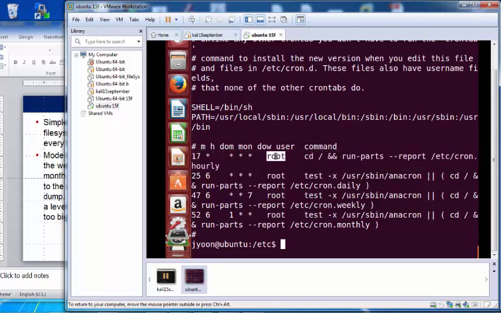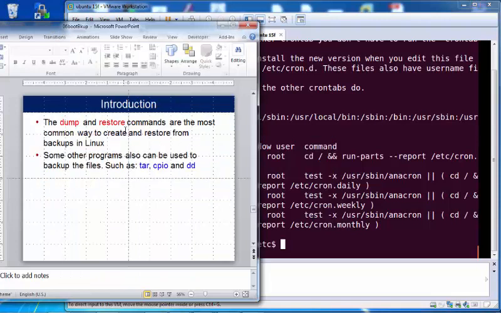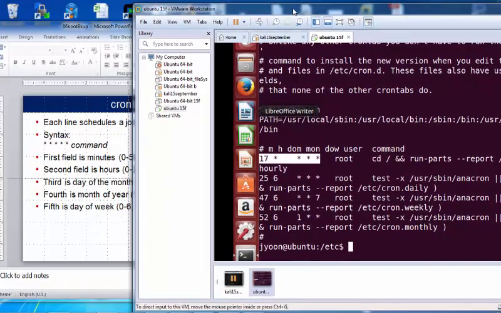It is okay. So root. Let's see here. There are five time points, right? So what do you mean by here? For example, here 17 star.